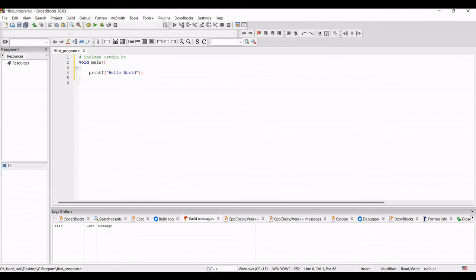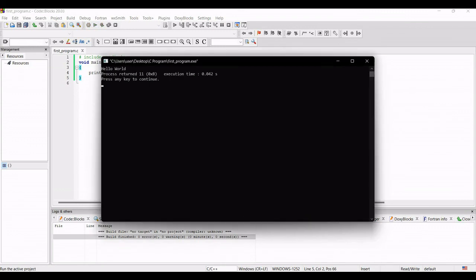So how to run it? First of all we need to compile it. This yellow sign is the sign of compilation, so I will click on this yellow sign. Now you can see zero errors, that means there is no error in this program, and zero warnings, that means no warning is there. This program is alright. So I need to run it. To run it we have to click this green button. You can see this is the run button. So I will click this green button, and you can see in the output console hello world is just printed.